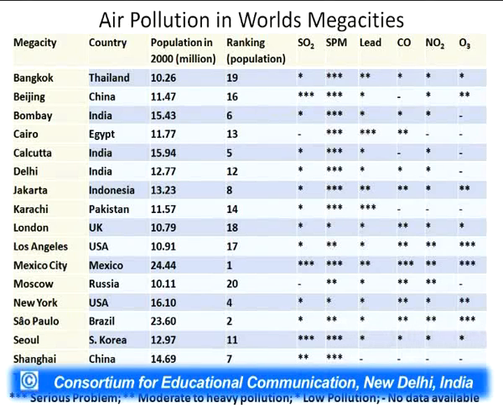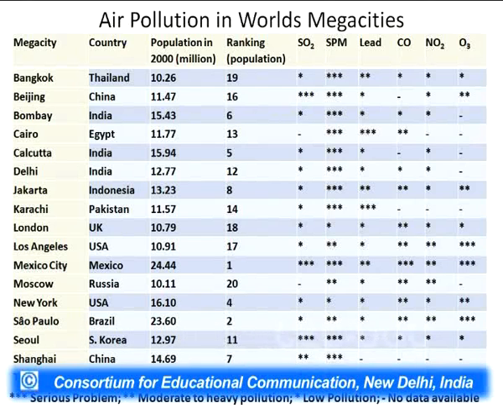And if the pollution level is moderate to heavy, then it has been indicated here by 2 star, and if the pollution level is low, it has been indicated by 1 star, and if there is no data, it has been indicated by a dash. So we can say more or less in all the major cities, SPM has a serious problem. I mean, more or less all the developed cities of the world, the major threat to them is by SPM. The next is carbon monoxide, and in most of the cases it has 2 star, and